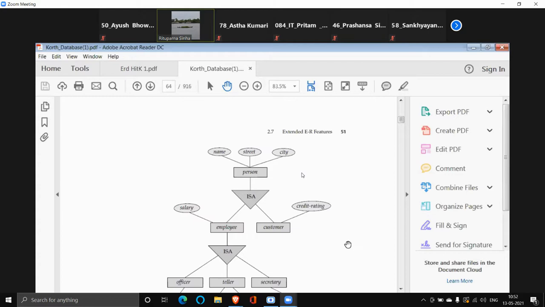Okay. Now I said, if you keep person as a table, employee as another table, and customer as the third table, they are individual tables, isn't it? But in the ER diagram, there is a relationship among them. So how you will denote, how you will represent that, yes, they are linked with each other. In order to show that link, what you have to do is, you have to take the, let me show you in a document. One minute.